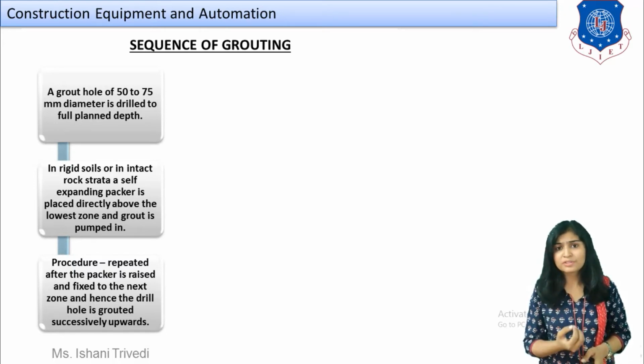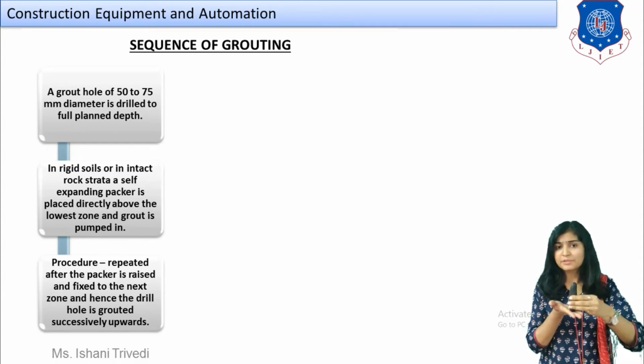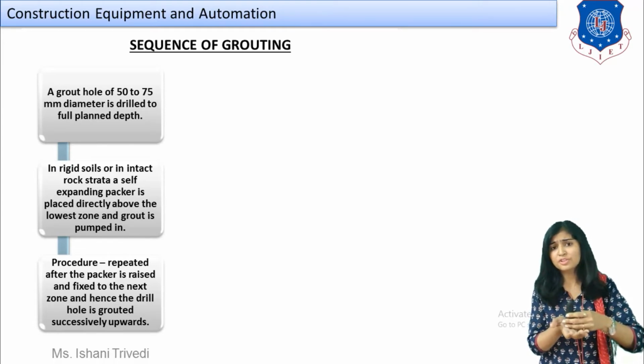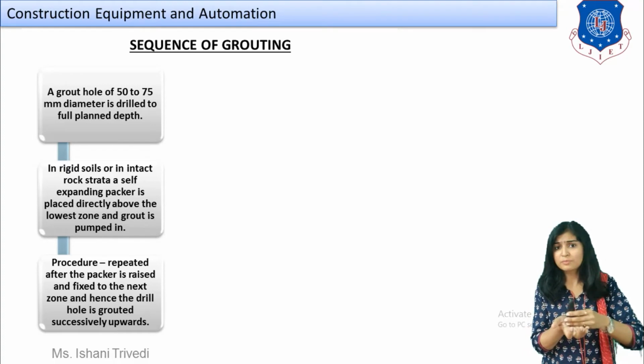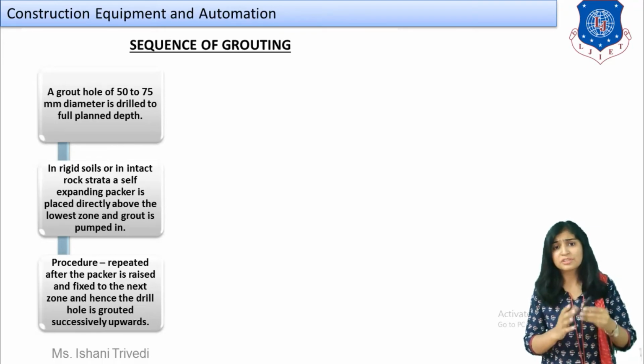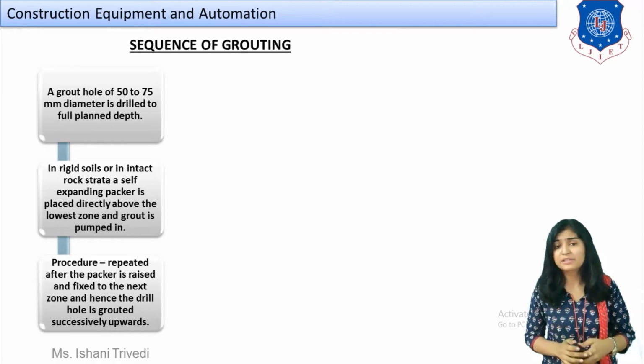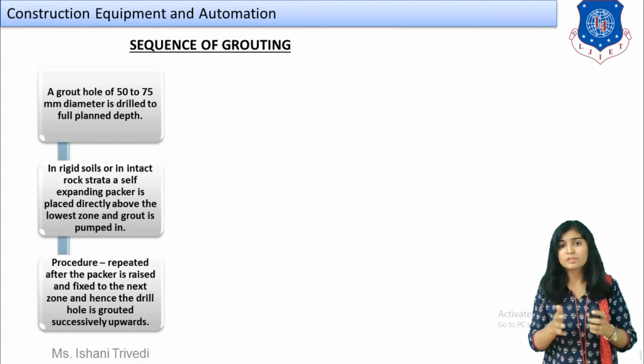Then this procedure is repeated as you are going downwards. If you are at the bottommost depth, forget about the packer, first you are dealing with the normal type of soil. Then at the bottommost part, first of all the grout will be injected. Then it will be lifted upwards and again grout will be injected. Then it will be lifted upwards and grout will be injected. This is your standard procedure. It will be continued until you reach the leveled surface. It has to be also sealed with the help of packing. So this is just explained in technical terms.